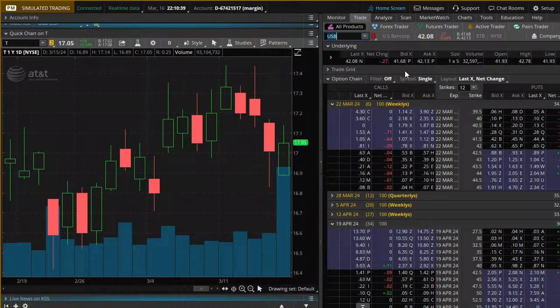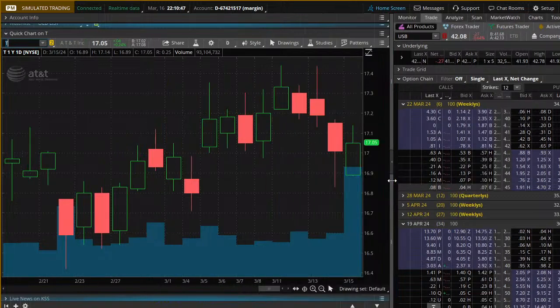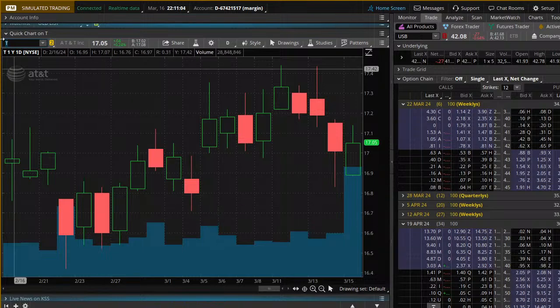So let's check out the chart for USB. Now, what I'm going to do is hit the enter button and see how long it actually takes you to see what was the high, what was the low, where was it a year ago, and where is it today. Are you ready? I'm going to do this on the count of 3. Here we go.